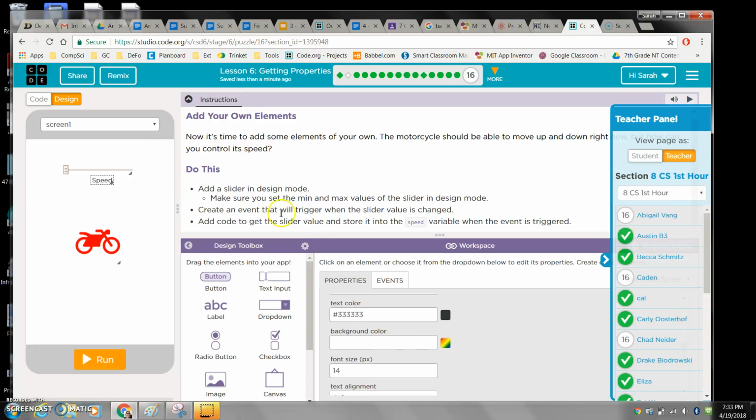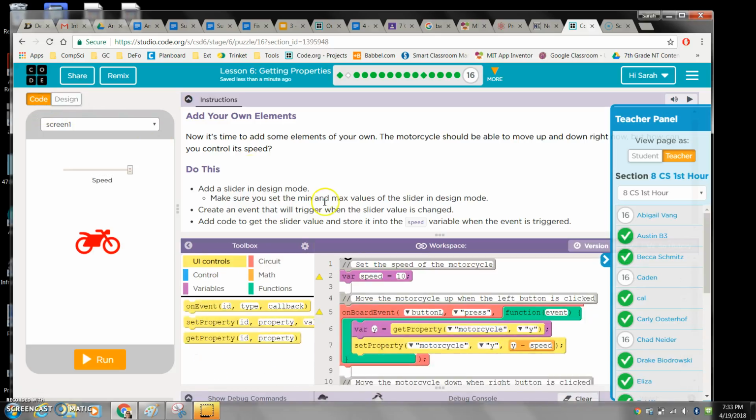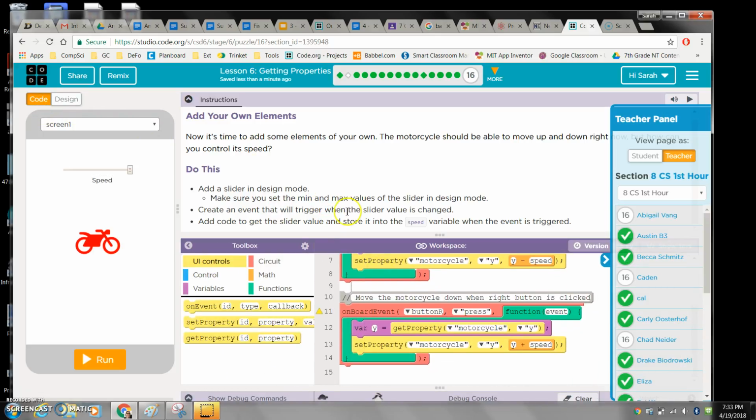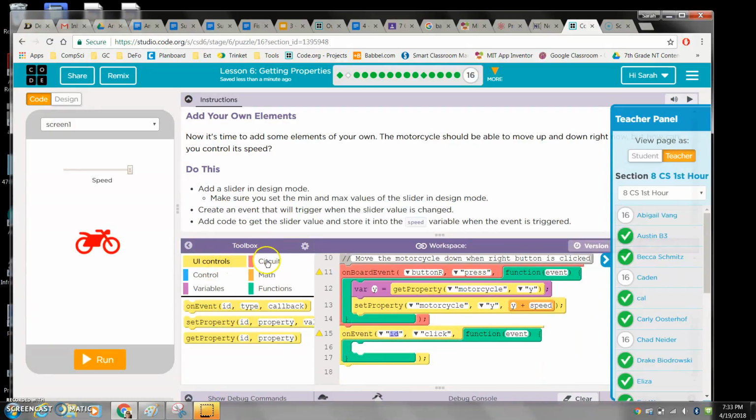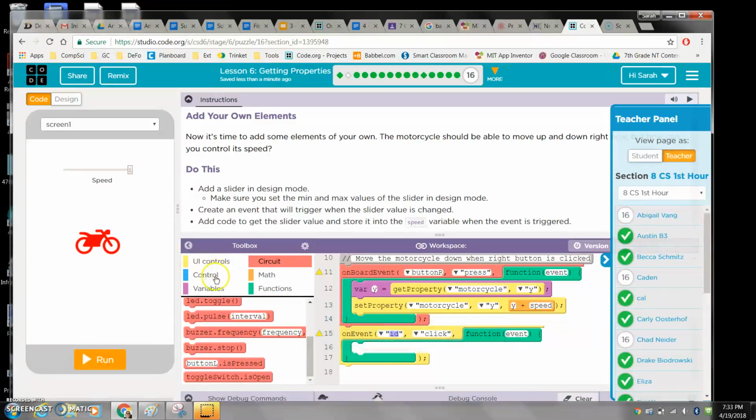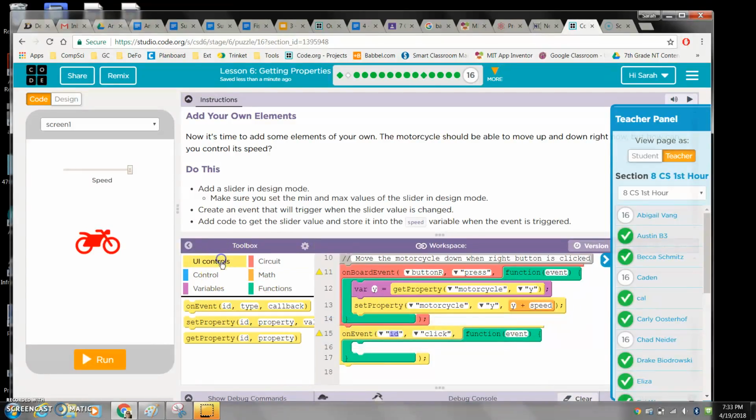Then I'm going to go over to my code and create an event that will change the speed whenever the slider is moved. This is a user interface event. So on event, there's no comments, otherwise I'd put it in here. So we want to say on event, when the slider speed is changed,